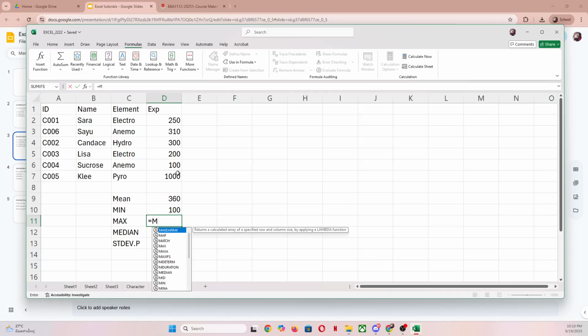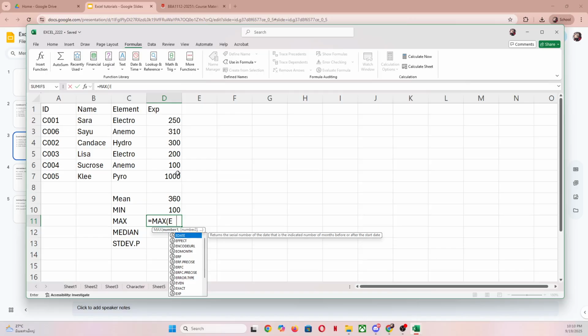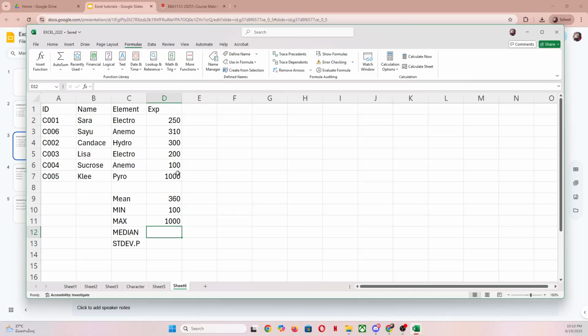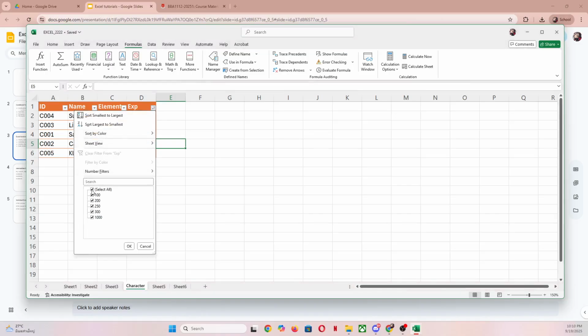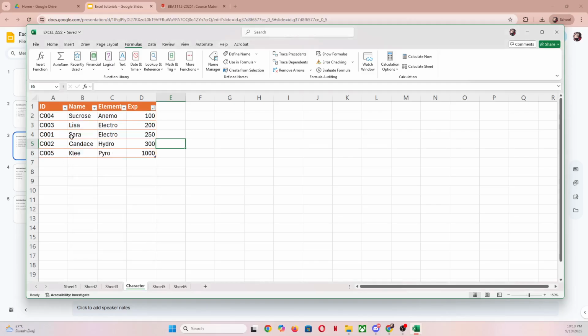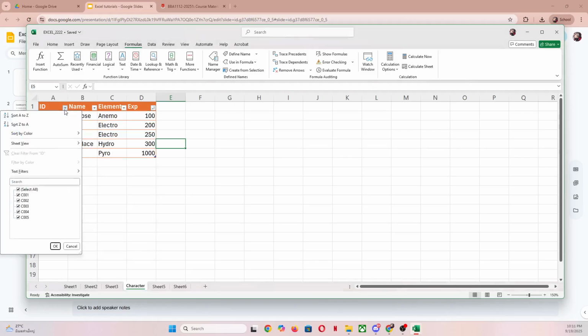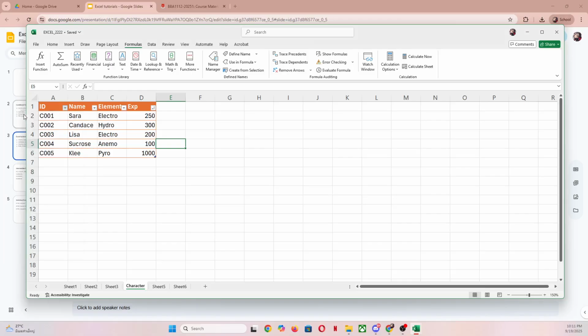So that is very good. I said max number, and then exp data, and then median. What is the median? Median is interesting. So maybe I put Sayu and animal in this character too. Before you edit anything, make sure that you sort it to the original first, so maybe I sort from here,